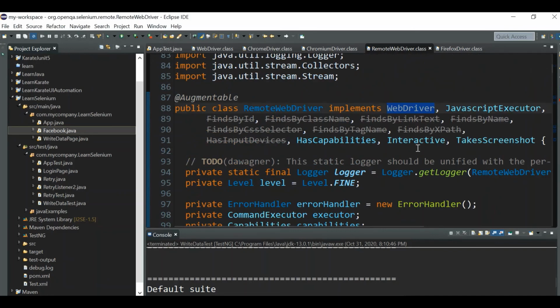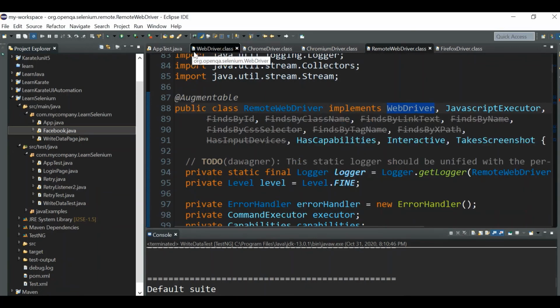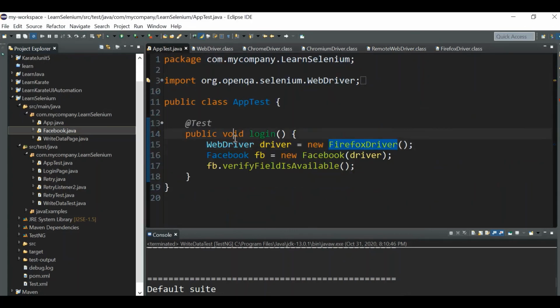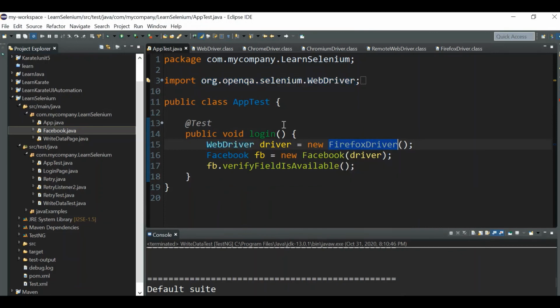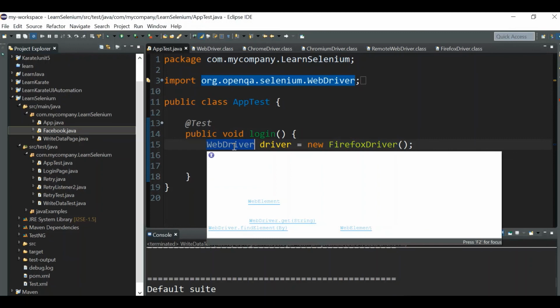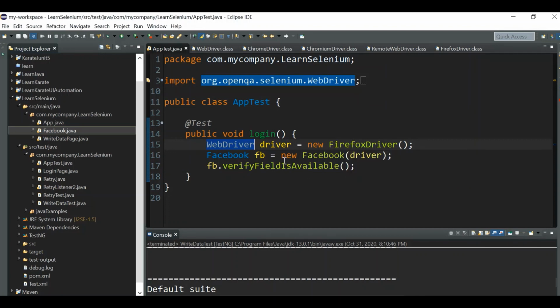So in short, we can say Chrome driver class and Firefox driver class indirectly implement the WebDriver interface, so that when you create the object of the Chrome driver class or the Firefox driver class, as a parent reference you can give WebDriver, because both Firefox driver and Chrome driver implement WebDriver, even though it is in an indirect way through the RemoteWebDriver class.